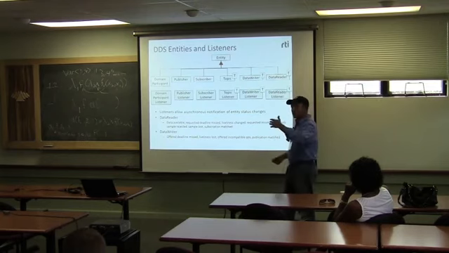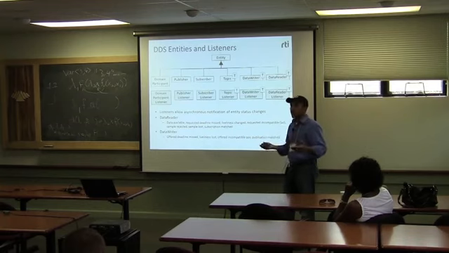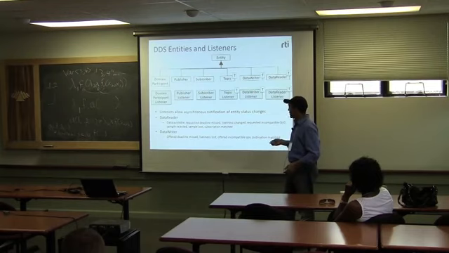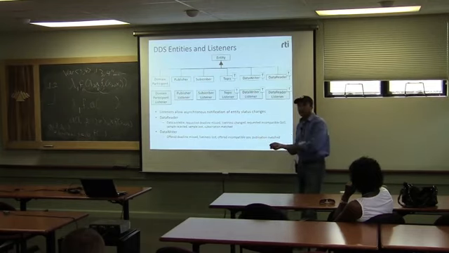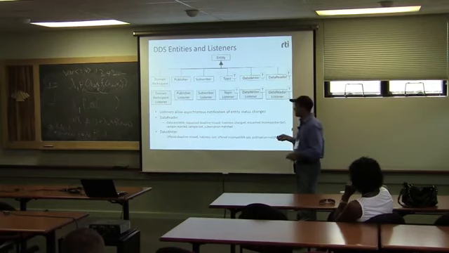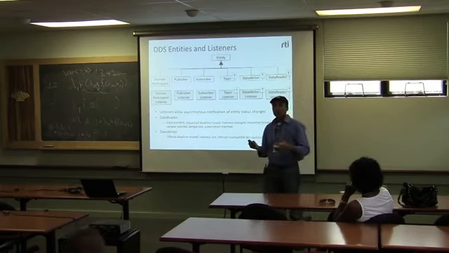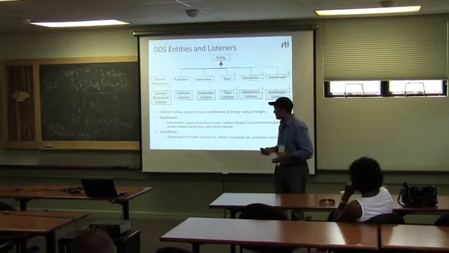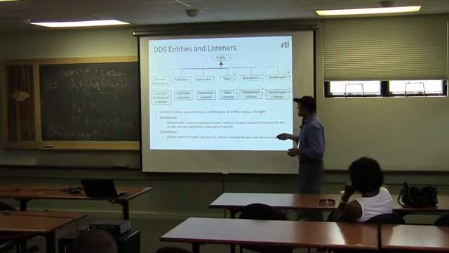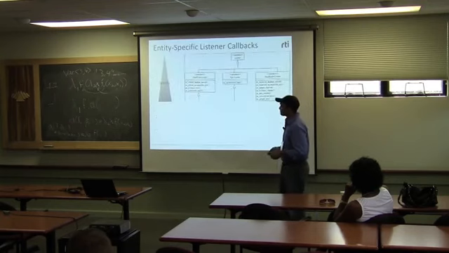Did liveliness of the other side change? This writer I'm dependent on is no longer alive. Maybe it failed or something happened. I want to know about that if that happens. So these are kind of API callbacks you can implement and respond to in DDS. These are standards based. These kind of systemic issues come up very often because reliability is very important in these systems. And there are about 5 or 6 in data reader.